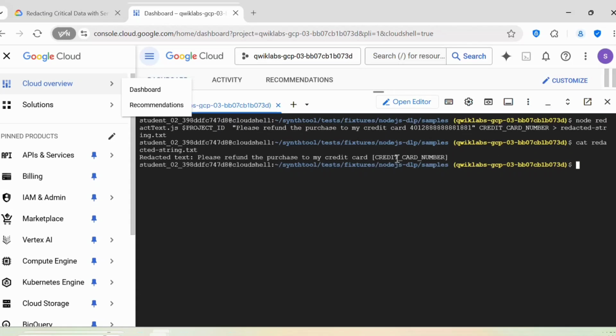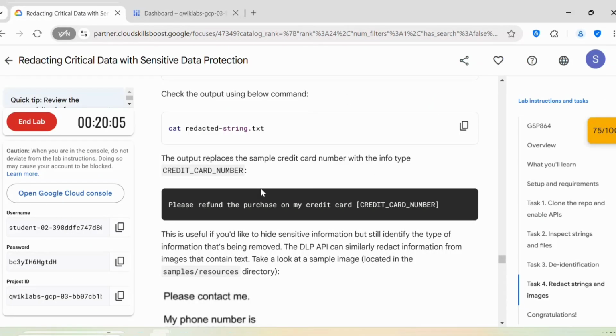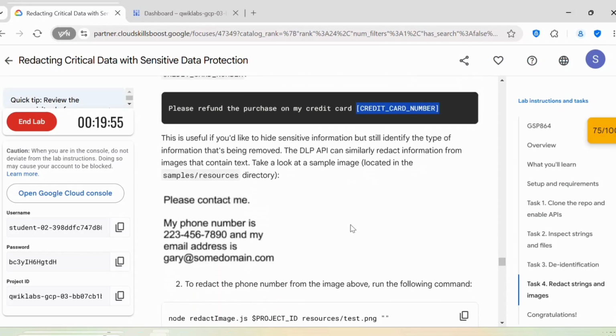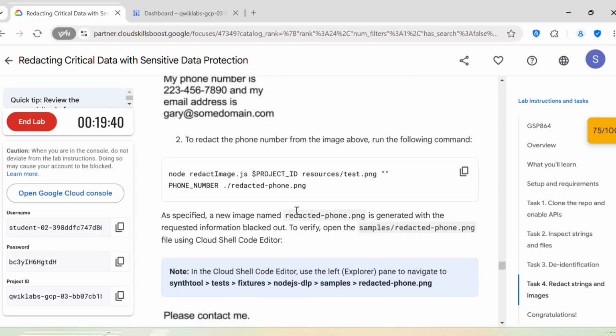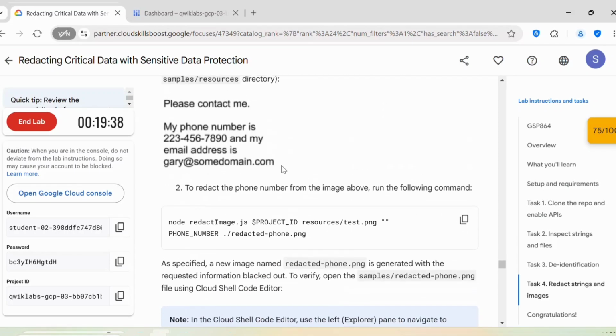So here we can see it has replaced this info type. So this is the output which we got there. It replaces the sample credit card number with the info type. Instead of specifying the credit card number, it's mentioning the info type. So this is useful if you'd like to hide sensitive information but still identify the type of information that's being removed. And to redact the phone number from the image above, so this is the image and it has this phone number,